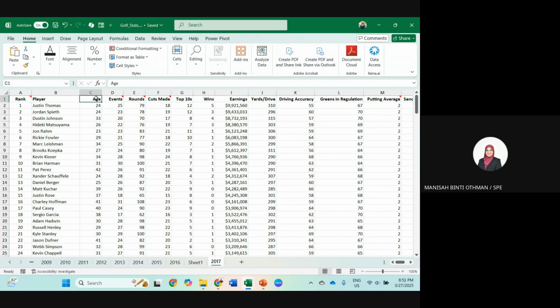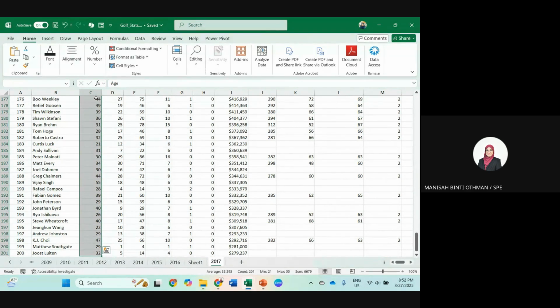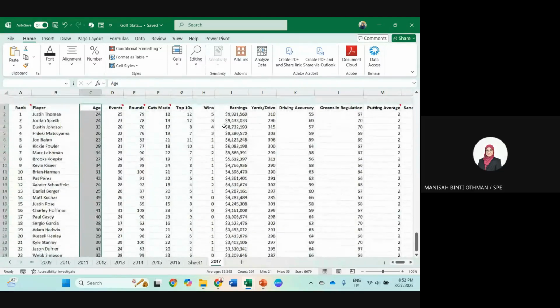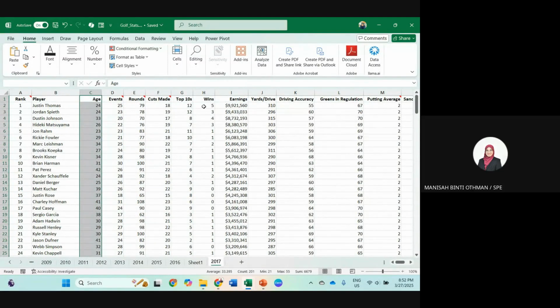Okay, so let's say age here, and then create. Okay, so select all, like I said, Control Shift and down, and then hold Control. Okay, hold Control and click earnings.